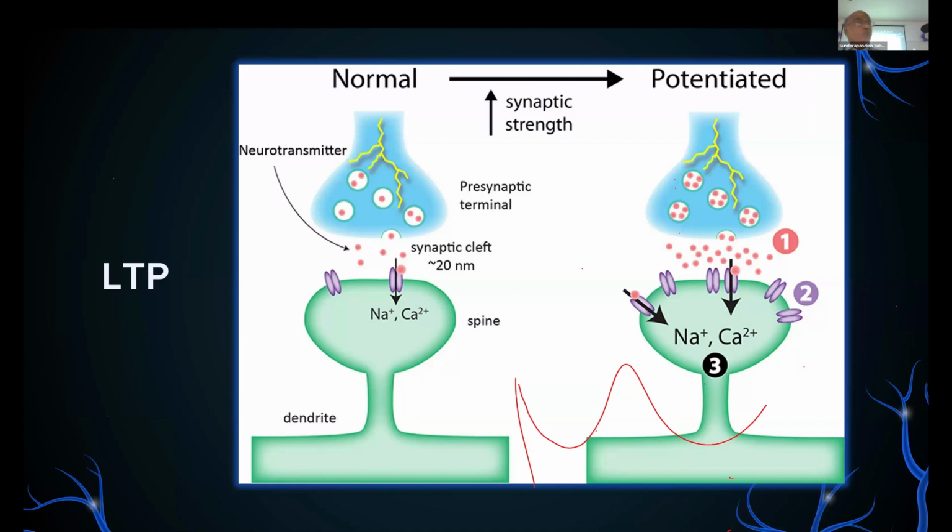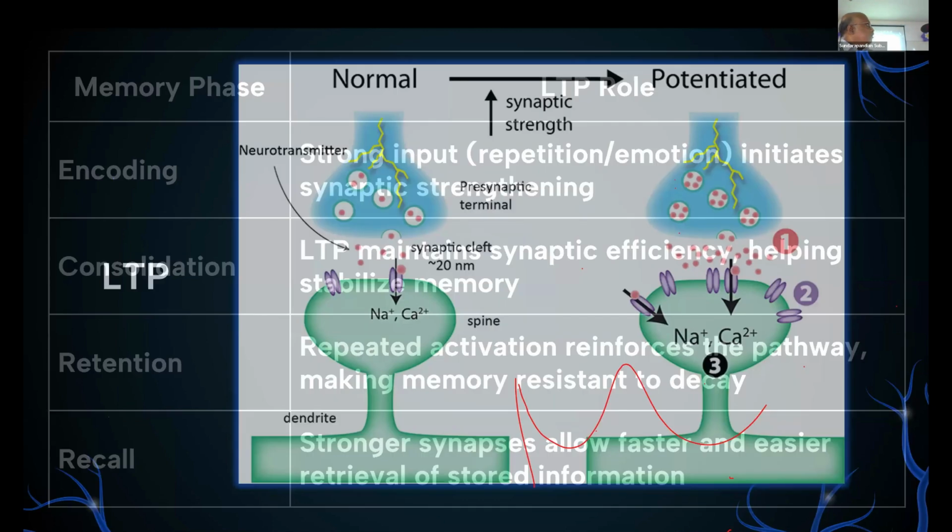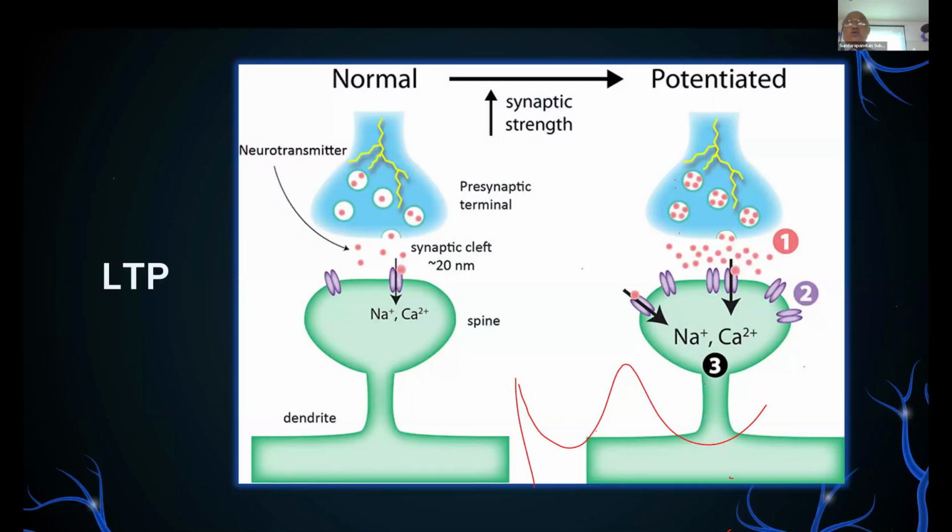So when it is getting potentiated, what happens? See that, numerous neurotransmitter is liberated. That is glutamate. It binds with the receptors present on your postsynaptic neuron, that is your AMPA receptor as well as your NMDA receptor. So that is getting activated.